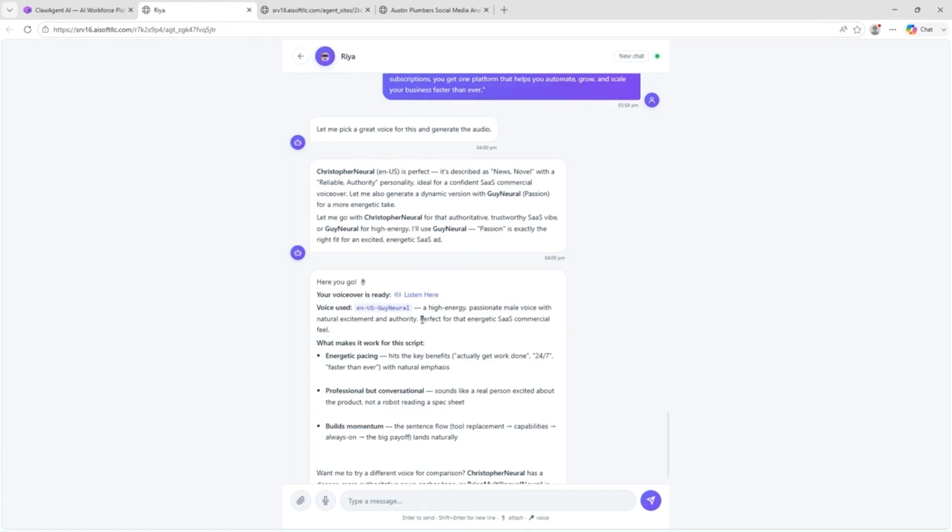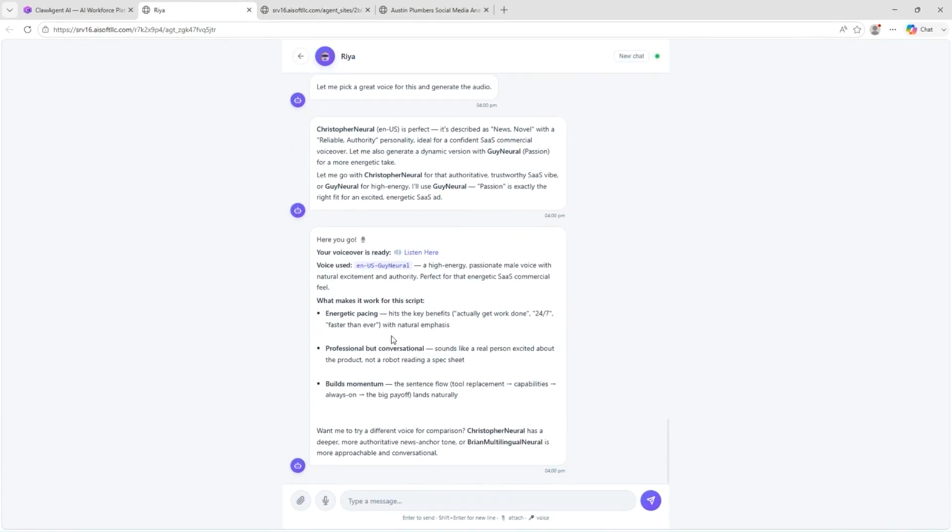Claw Agent AI is an all-in-one AI workforce that replaces dozens of business tools with intelligent AI agents that actually get work done. From creating content and websites to finding leads, sending emails, generating images,